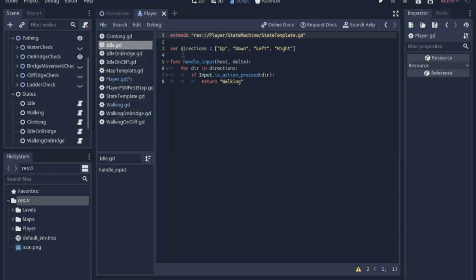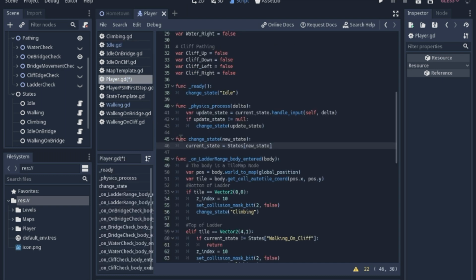So what we're going to do is we're going to loop through all of the directions, and then we're going to see if there's an input in any of those directions. If any of these are true, we will return walking. So going back to the player, what that information is going to do is it'll go here. Like I said, we ran this. If there are no buttons pressed, this will just be null and it'll just move on. It'll just be done. If you do press a button, this line right here will return the string walking. So then it will update the state to walking,